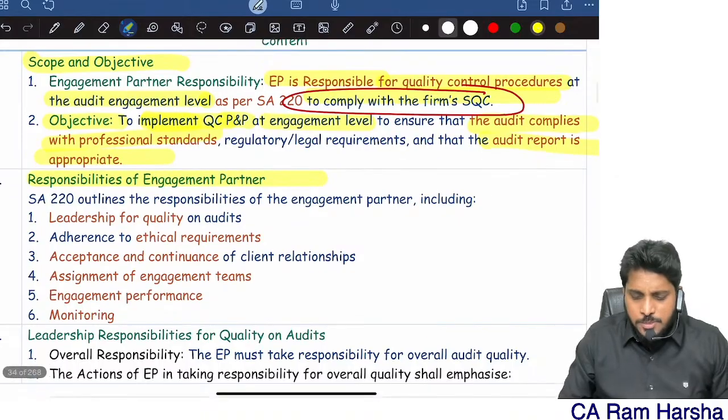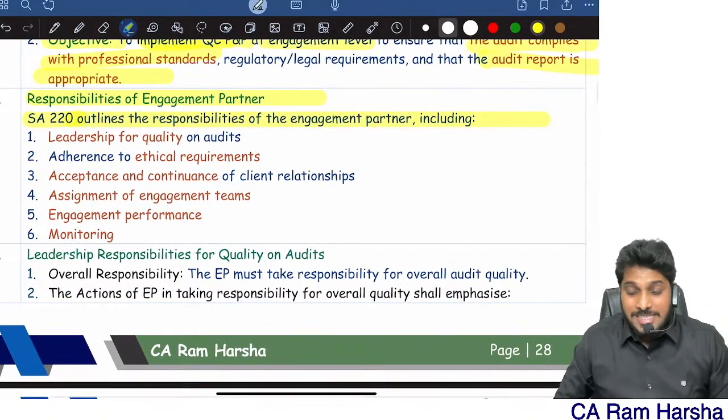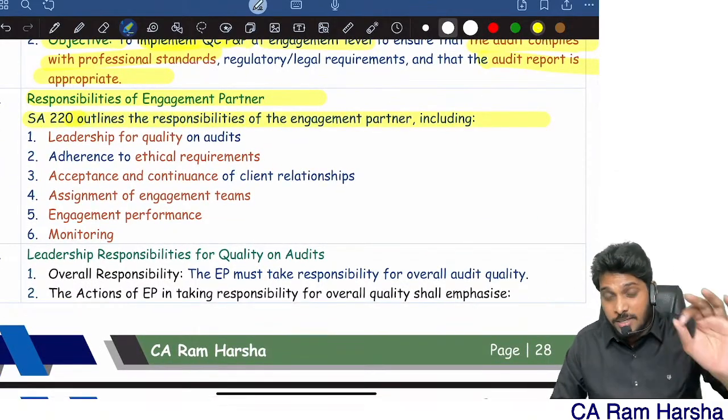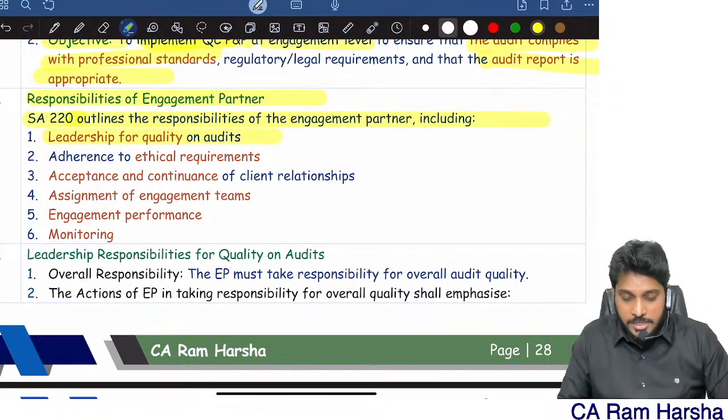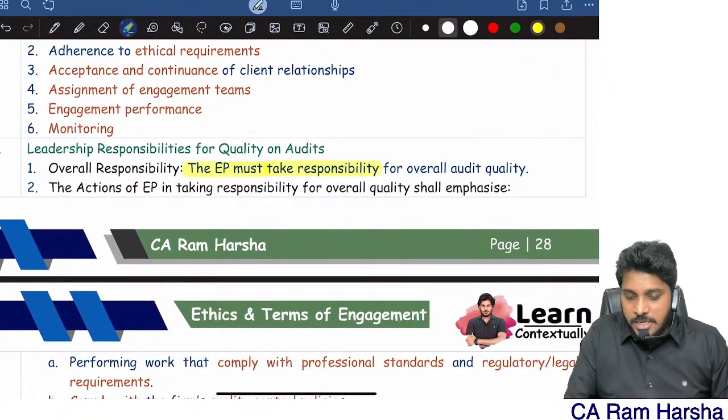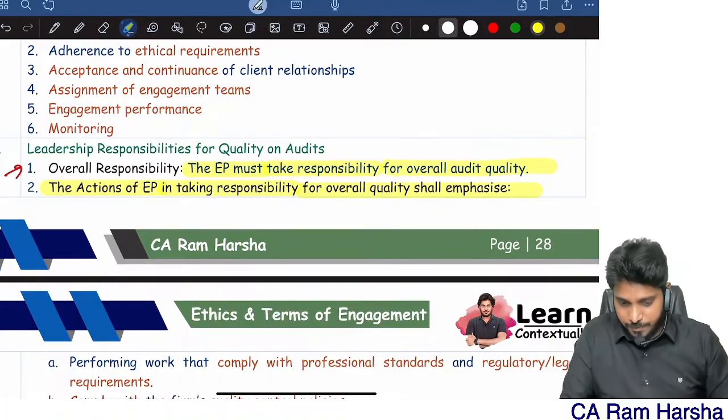So what are the responsibilities of the partner? SA 220 outlines the responsibilities of the partner. What are the responsibilities? Leadership for quality. The engagement partner must take responsibility for overall quality. MCQ. The actions of the engagement partner in taking responsibility shall emphasize